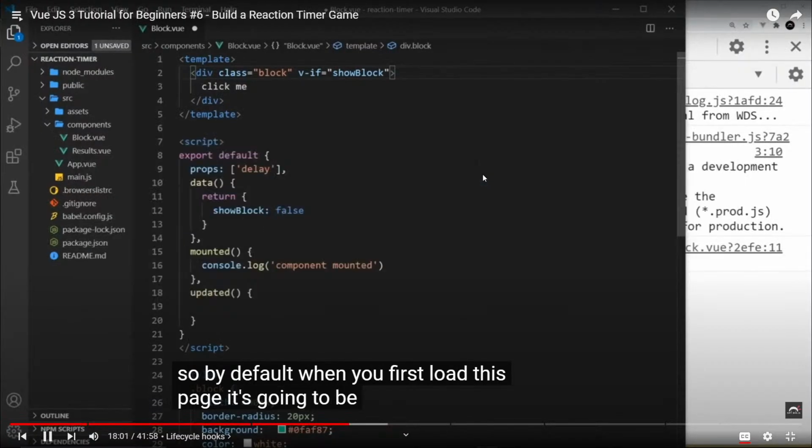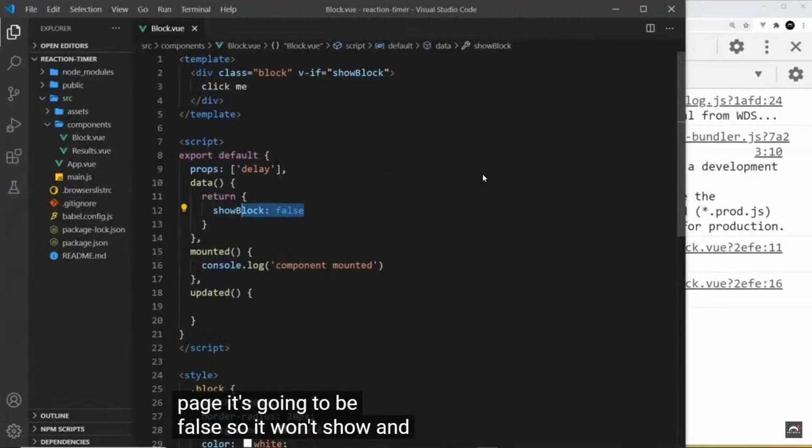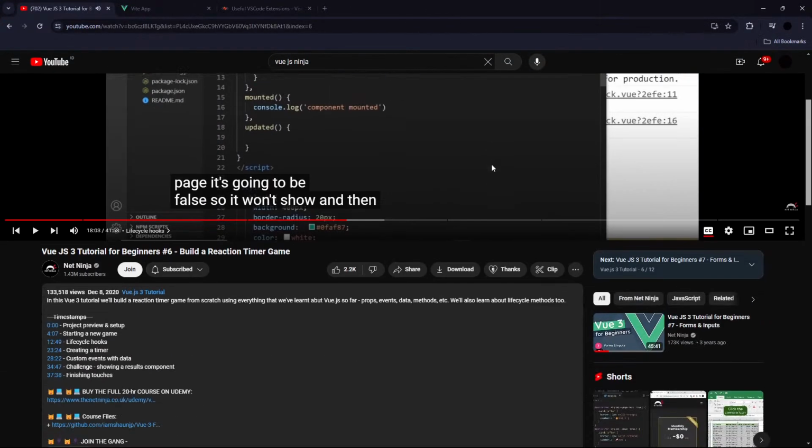it is going to be false, so it won't show,